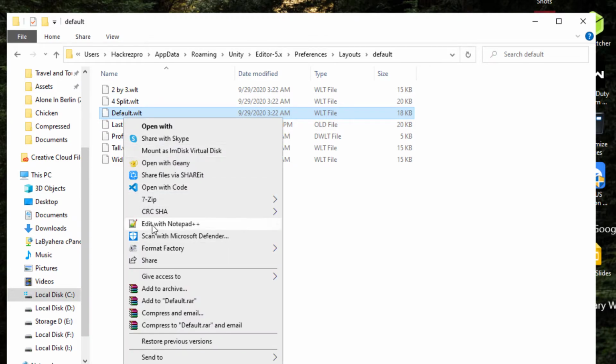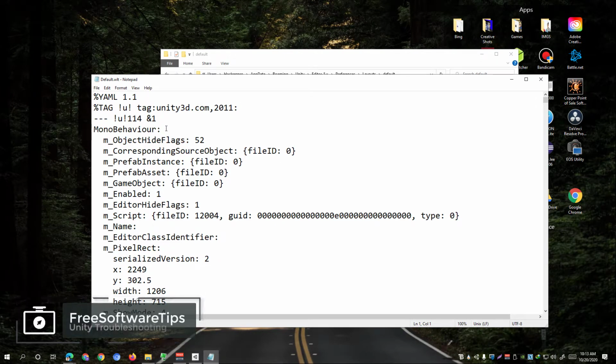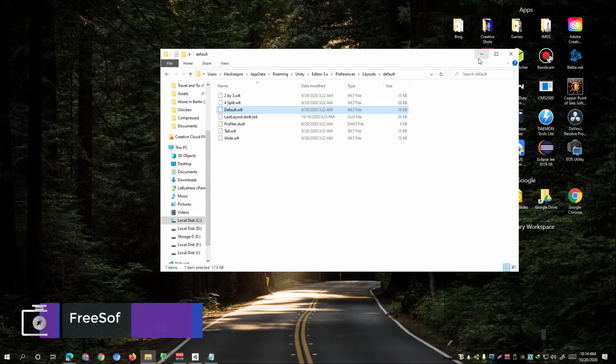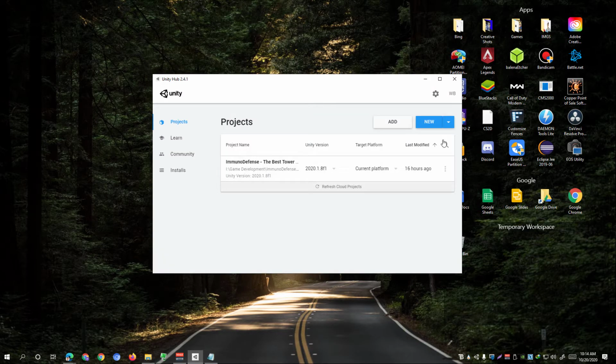If you have Notepad++, you simply edit it with Notepad++. However, you could also open it with Notepad. Go ahead and open it up in Notepad and select all the contents that are placed in the default.wlt file, and then minimize this file right here and also this one, and then open up your Unity Hub application,